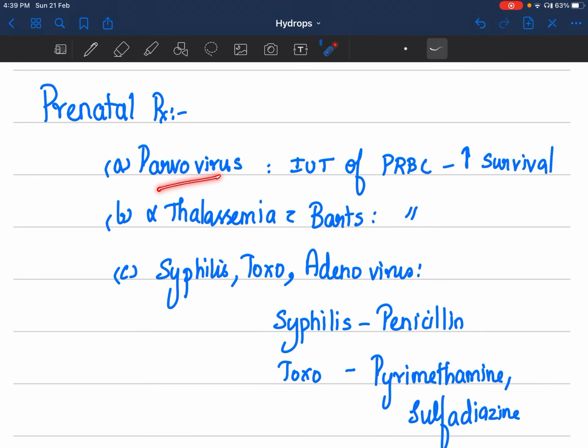If it's a parvovirus or anything that results in anemia, you will treat with intrauterine transfusion. So what they found in studies was, if the fetus was treated with an intrauterine transfusion, 85% of them survived, whereas if they were not treated with a transfusion, none of them did. So transfusion definitely helps. Then if it is going to be intrauterine infection, if it's syphilis, treat the mother